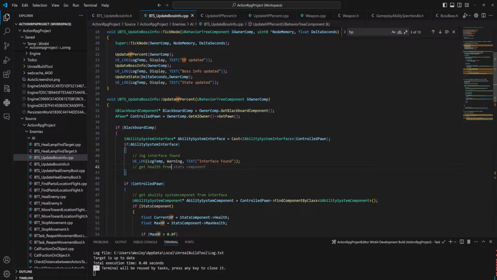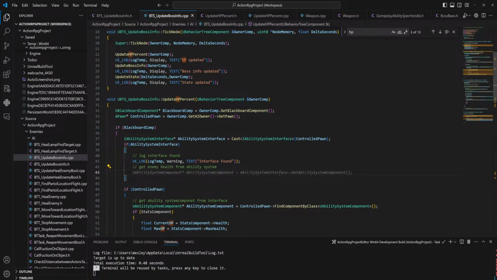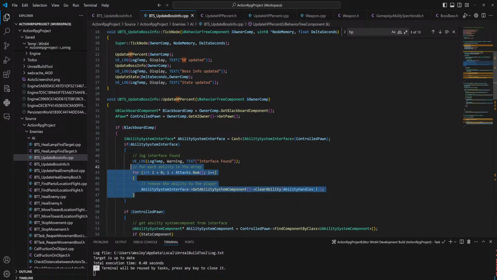Get health from ability system. Get enemy health from ability system. Yeah, no, we already kind of did that. Out of the ability system interface. Hold on, I'm doing this wrong. So we get the ability system component from that, and from there we can do stuff.